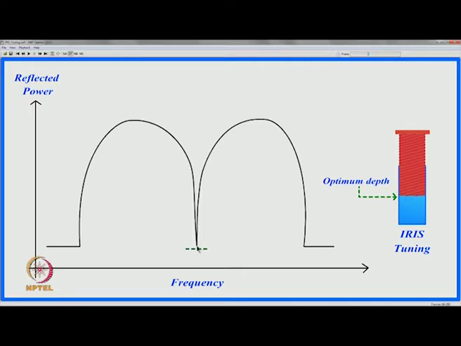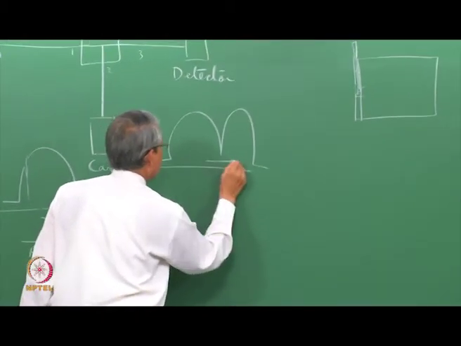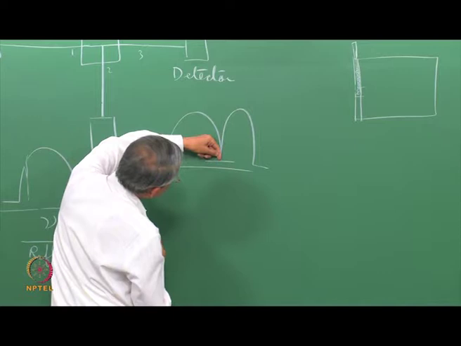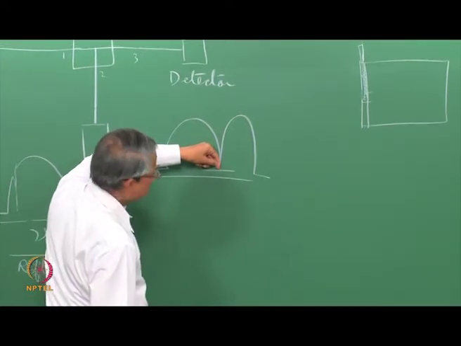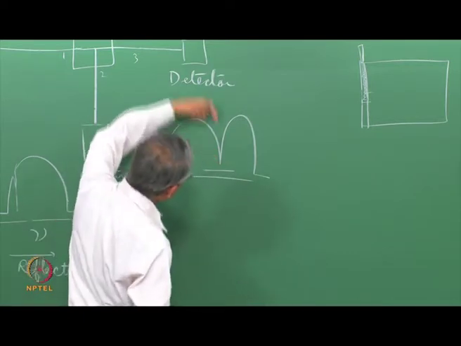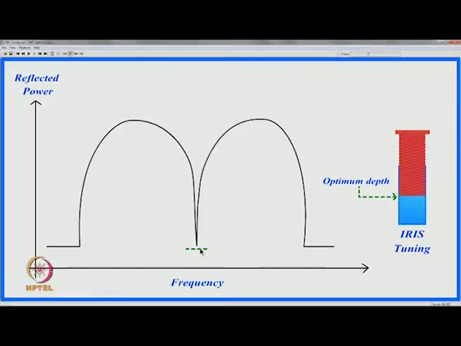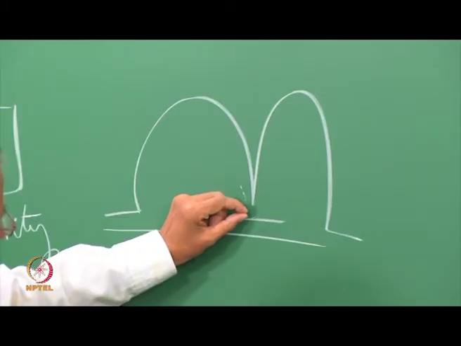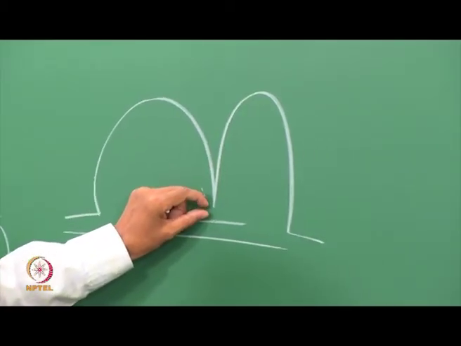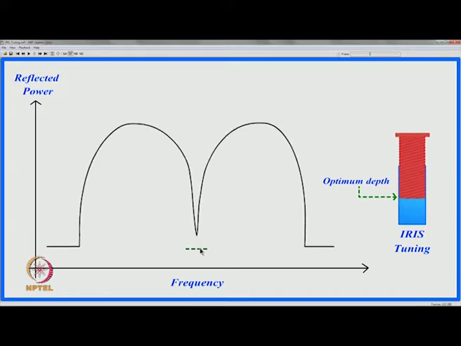If it is undercoupled, then the cavity dip, let us say this is the critically coupled condition. So, it is just about to touch. This bottommost position is called the slightly undercoupled cavity, and if it goes beyond that and again comes out, that is called an overcoupled cavity. In either case, the reflected power will be slightly finite, that is, it is not going to be exactly 0. It will be exactly 0 if it is critically coupled. So, this is again going beyond critically coupled, so it has become overcoupled, and now power is getting reflected. Okay.